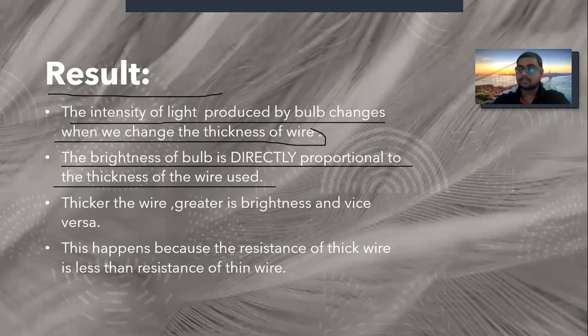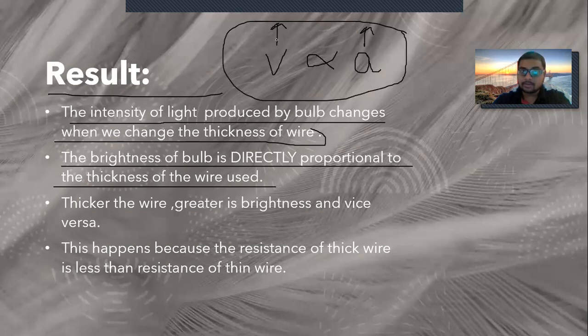That is called direct proportionality. For example, let's say speed. You are running, your speed is denoted by V, and as you are running and you're increasing your speed, your acceleration also increases. So at that time, I will say speed is directly proportional to your acceleration. As you are increasing your speed, your acceleration also increases. Okay, this is called direct proportional relationship.